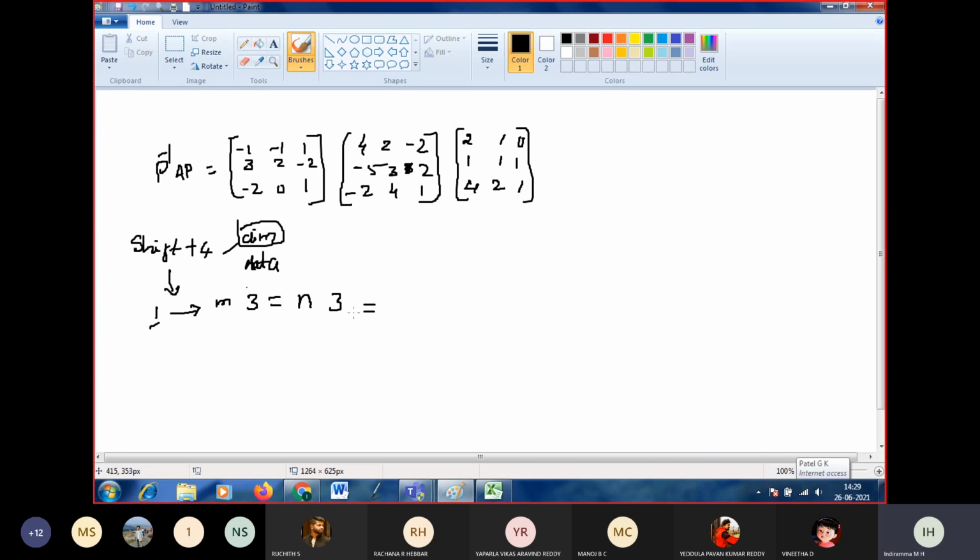You should take your calculator in your hand, then it is easy for me to explain. If I explain 10 times, you cannot understand if you are not doing hands-on. If you do it in your hand, then only you can understand. Otherwise, if I explain 10 times, it is no use, right? What did you get after this?